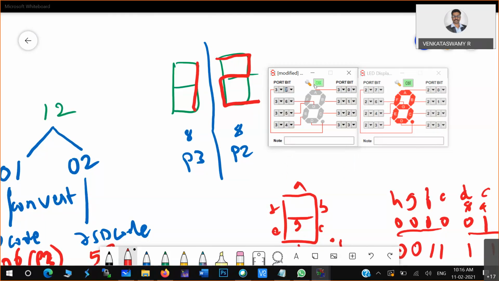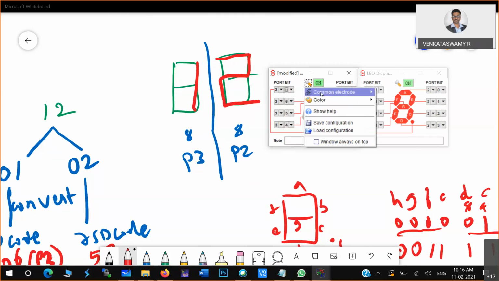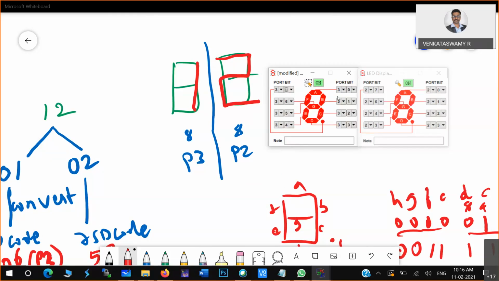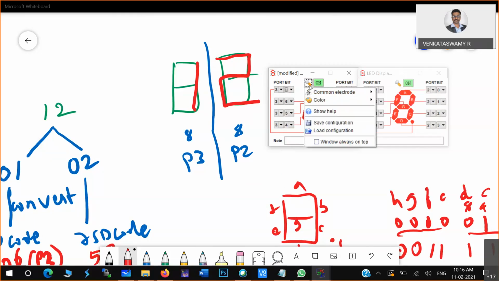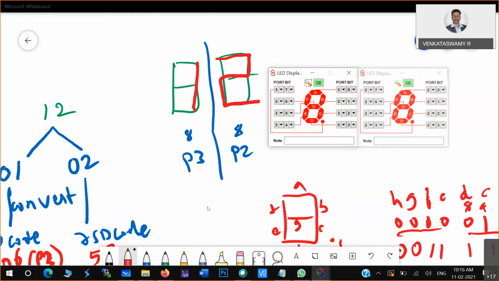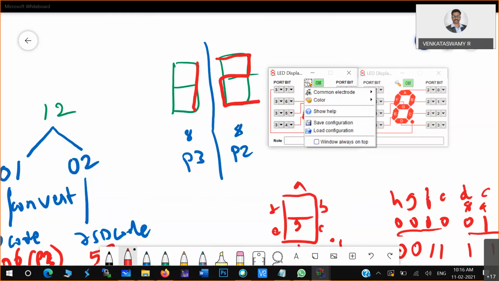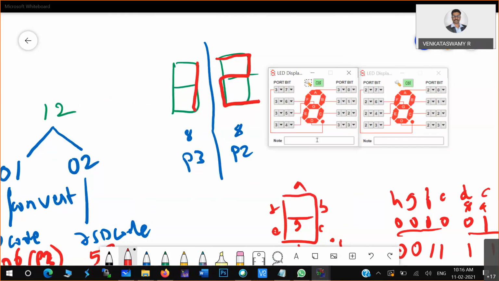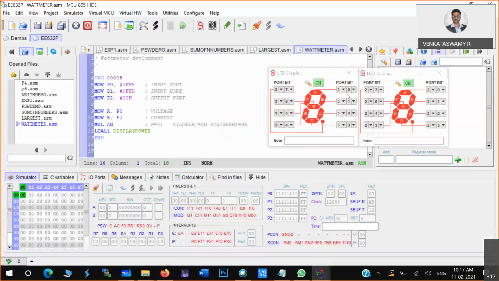After that, we take common cathode, and I'm saving this as the P3 port for wattmeter. Let this always be on top. Now the hardware connection is done.